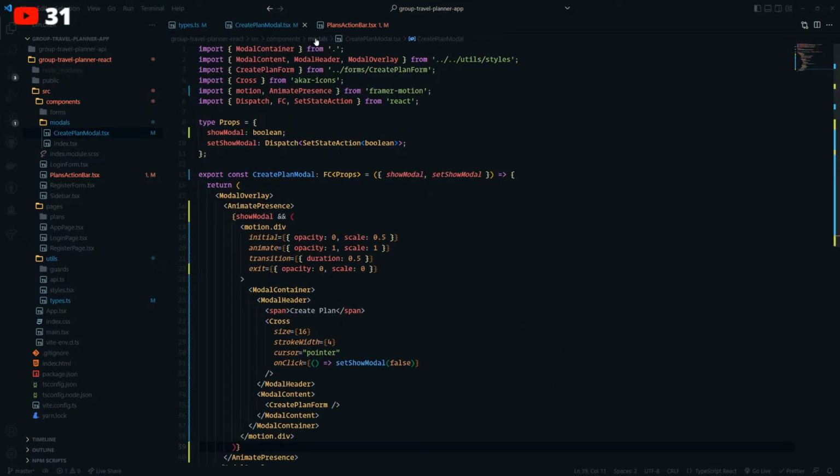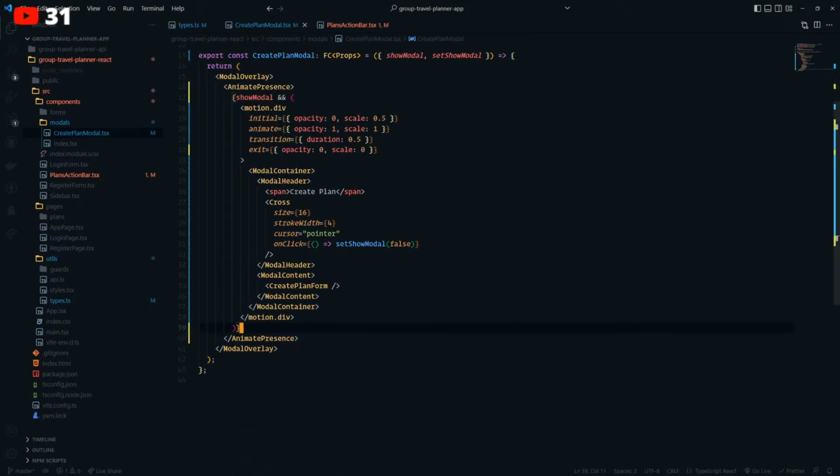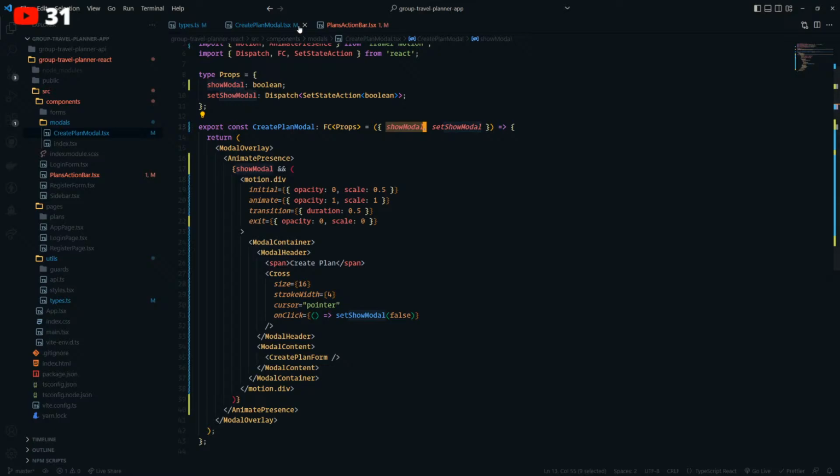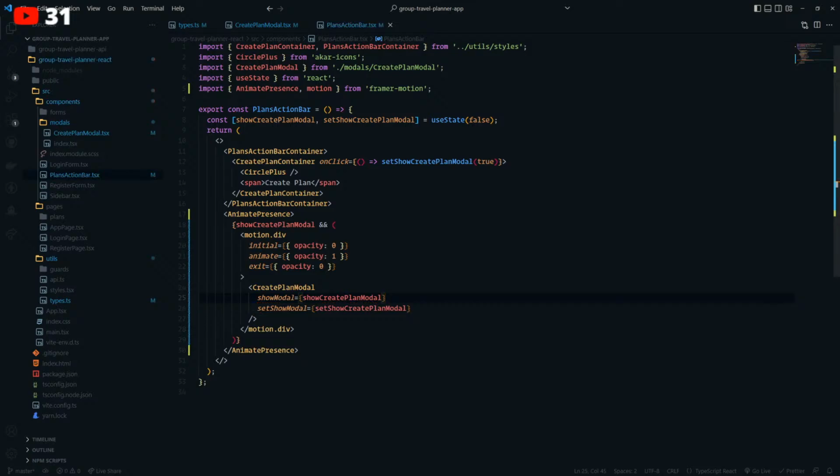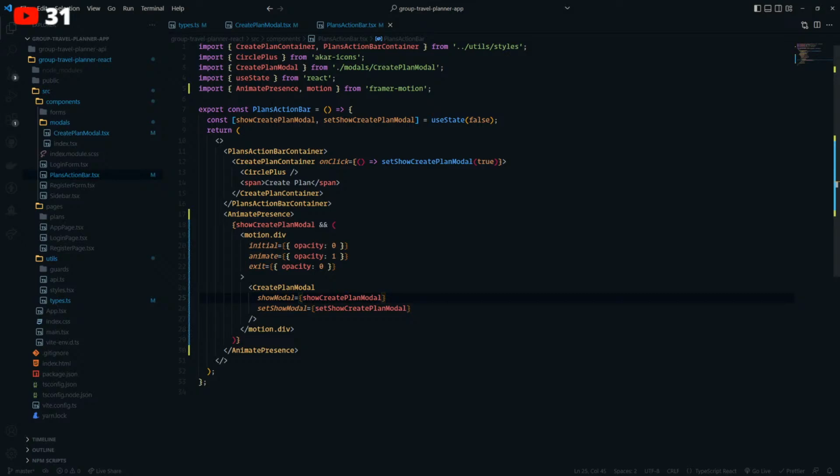All right, let's see if this does anything. Oh, we haven't passed the prop yet. All right, let's see. Nope, it doesn't do that. Interesting. So I have the AnimatePresence on this modal.